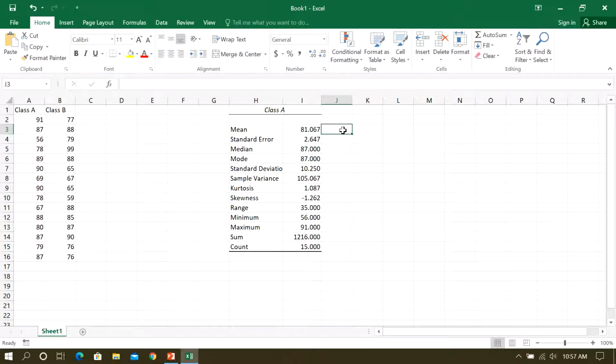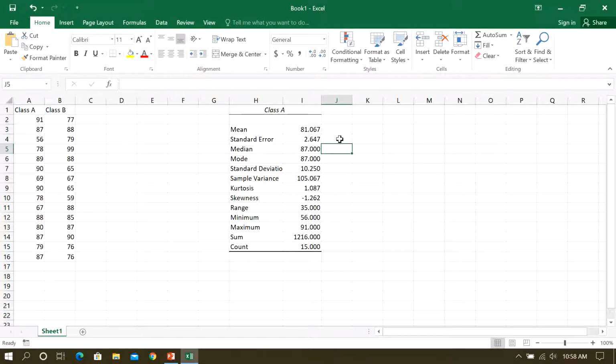Mean, which we generally know, is the average. Average of class A is 81 marks. Standard error, generally, is the error of the mean. That is the estimation of how far a sample mean is from the population mean. Generally Excel or other software will, by default, treat the data as a sample. For the population, it may be a large number of students, so out of a large number of students, only 50 students are selected. So when we find the mean of those students, maybe there are some differences. Standard error is saying that difference.